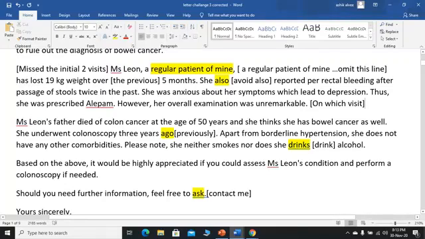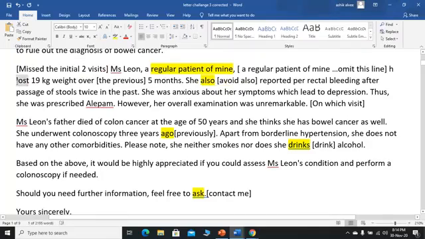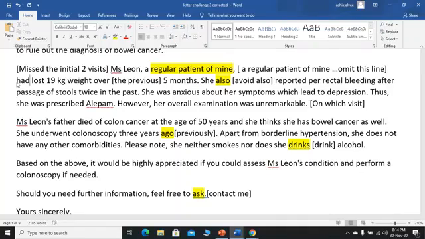Has lost 19 kg weight over 5 months. It should be had lost. Any clinical finding, any complaint, any investigation finding, and any treatment of any visit should be written in past tense, and in this case past perfect tense, because this event happened before this visit. So, had lost 19 kg of weight over 5 months. I have added the word previous: over the previous 5 months. You have to mention it. Which 5 months? The previous 5 months.